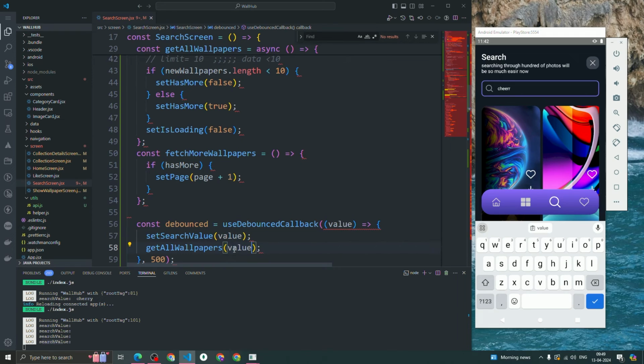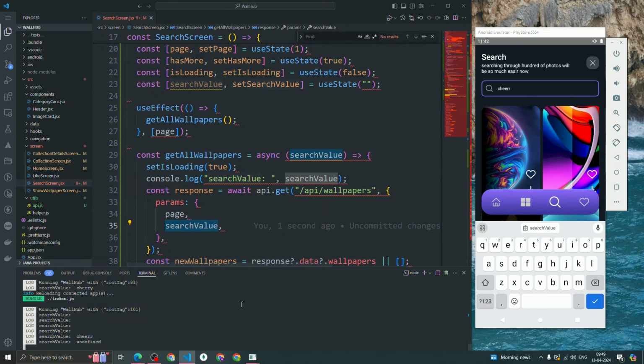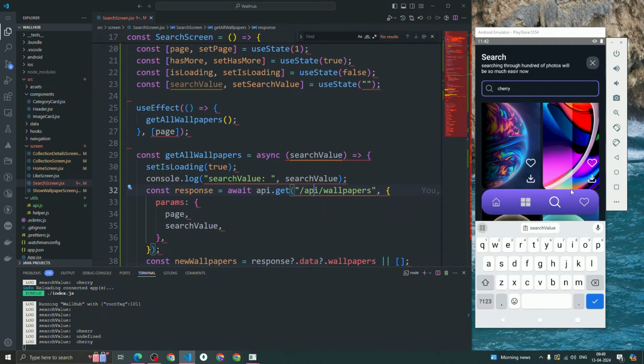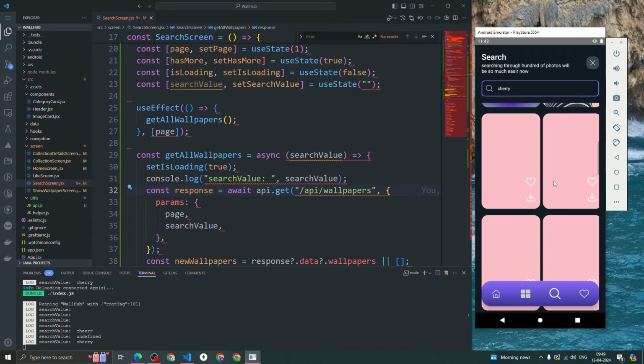Okay, so we can write a value here. Inside the get wallpapers we're going to get the search value as well. So if the search value is here in the params, we'll call that here. So let's do it. Okay, if I write something called cherry, now you can see that we are getting the cherry, and we are calling this cherry wallpapers function, but we are not getting any data, and that's also